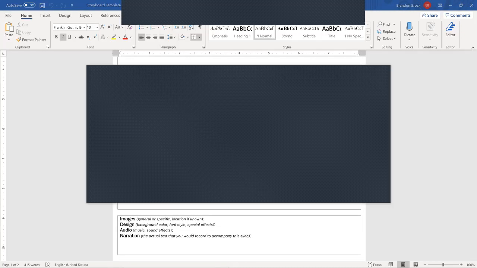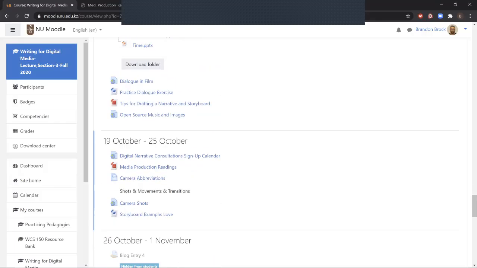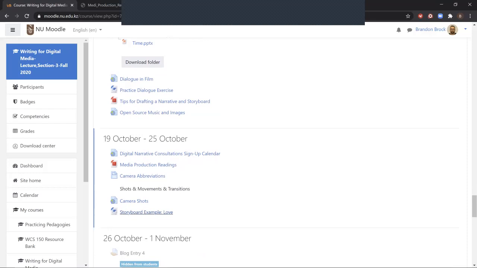If we go back to our Moodle page here, we have this example down here called Storyboard Example Love. And this is normally an activity we would do in class in groups. It gives you a little bit of practice in storyboarding. But at this point in the semester, we don't really have time to be conducting extra activities because I really want you focusing on your own work. But the storyboard example comes directly from our media production readings,